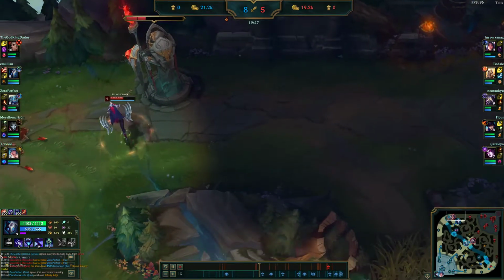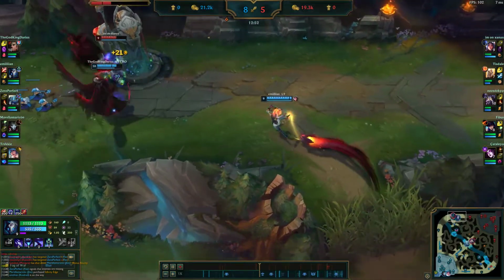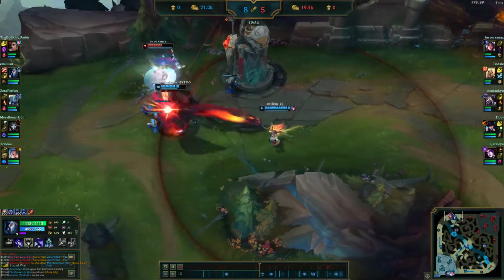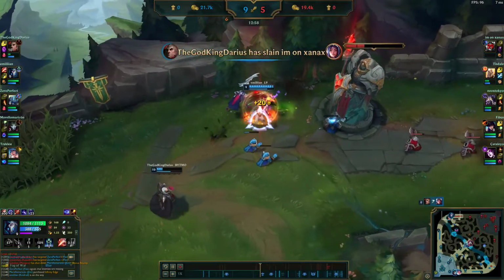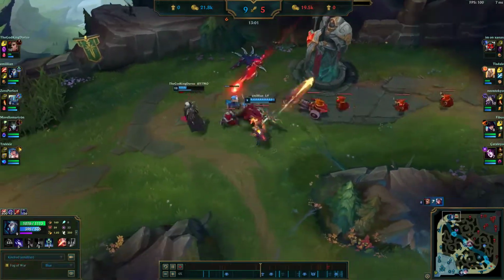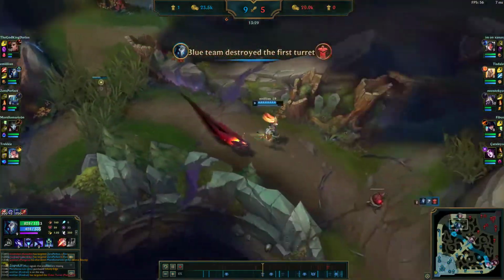Turning it to manual camera for a while, and then I'm gonna give you a Kindred image. Swain initiates the dive. You just have to auto attack once, twice. Swain even gets it. You just needed a couple of auto attacks for that to work. You take the turret